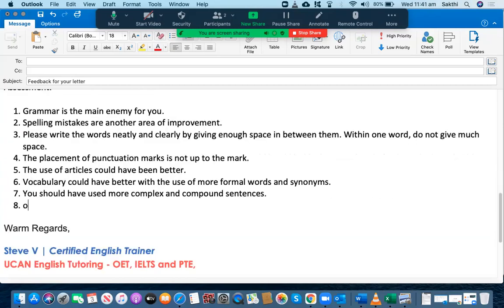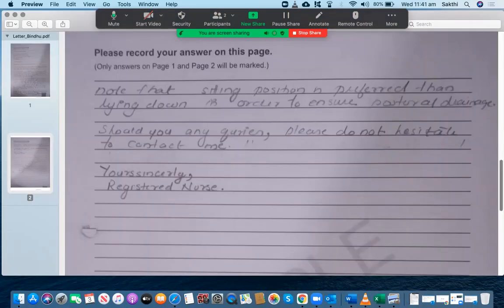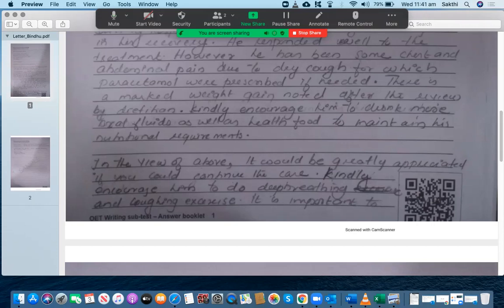Organization of case notes in the letter is not good. You didn't put the ideas properly; the ideas are scattered everywhere. For example, in the final paragraph you're asking him to do something, which is okay, but you have also mentioned the same thing here. You need to encourage him to drink fluids and things like that. So all those requested services are spread across 2 paragraphs, which is not good.